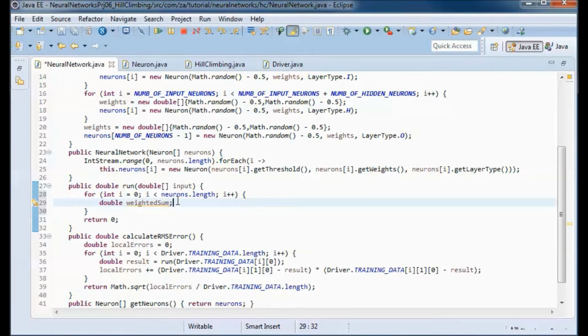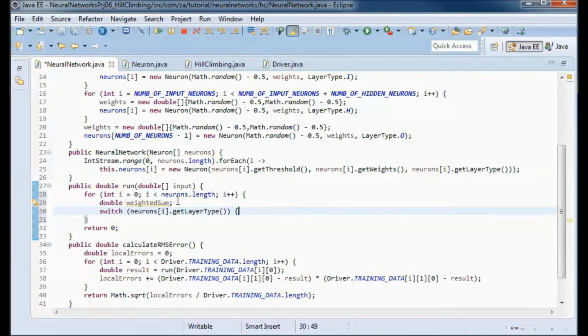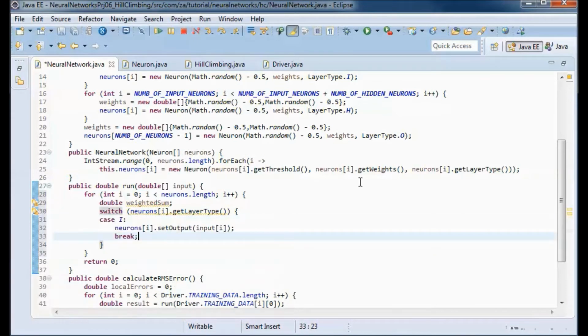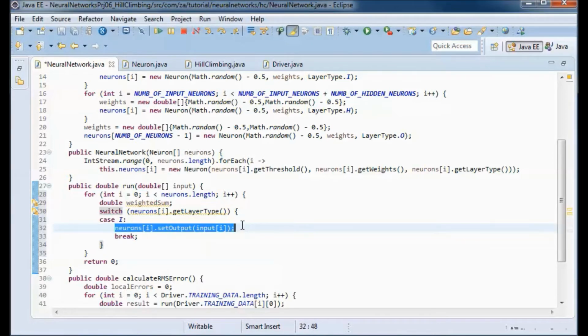So we do a switch statement to check what layer a specific neuron belongs to, and if it is the input layer, then we set the output of that neuron to be what's coming in here as input.